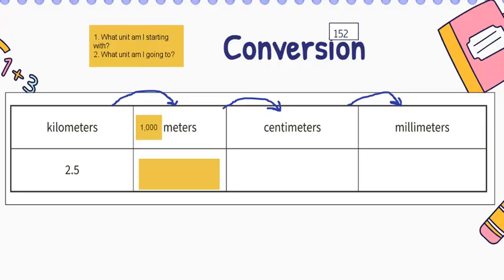Well, we first say we have 2 5/10 of a kilometer. And in order to find our answer, we're going to need to find out how many small pieces that would be, or how many we would chop that 2 5/10 up into, right? So that would be 1,000. And now, how do you work that out? Well, what I teach my students is you just take out the decimal first, multiply 25 times 1,000, and then